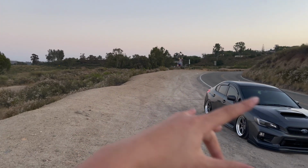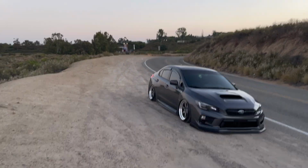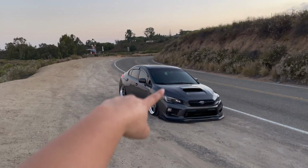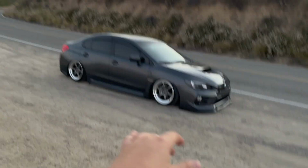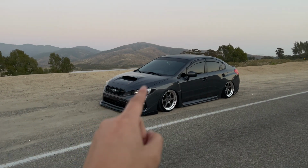You guys just saw me driving here and I was super careful and going super slow because of course my setup, I'm probably gonna get rid of those wheels and get some, I don't know, some monoblocks with meaty tires on, to be honest. What I'm really trying to say is that this car handles extremely